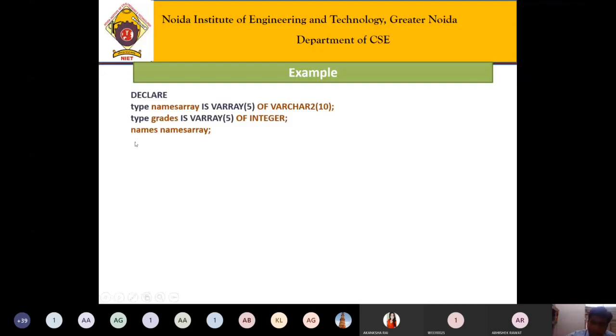And after that, we have to create the variable or identifier, you can say. So here, names is an array that will contain 5 names or 5 strings. In simple words, you can say names is an array that contains 5 strings.